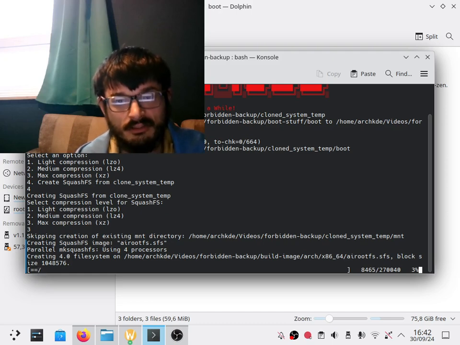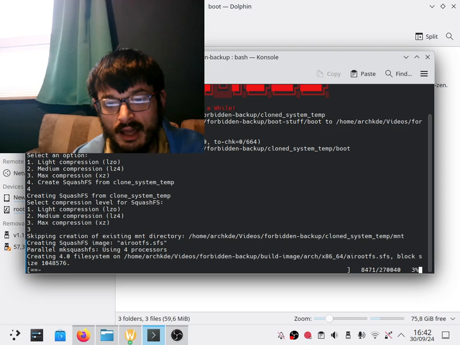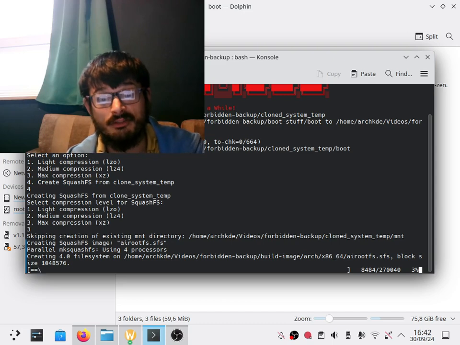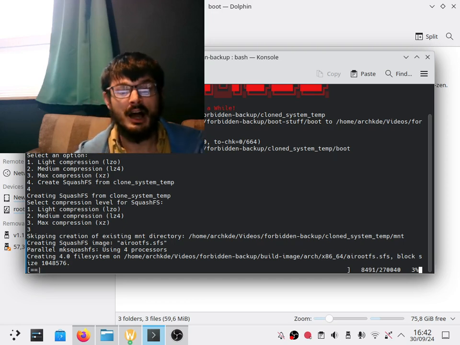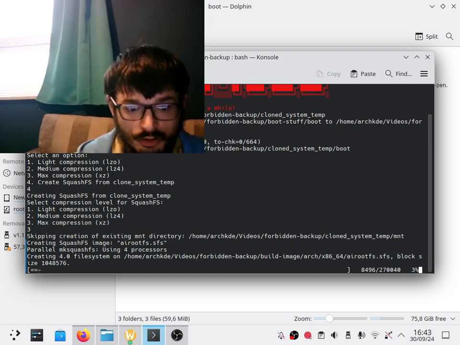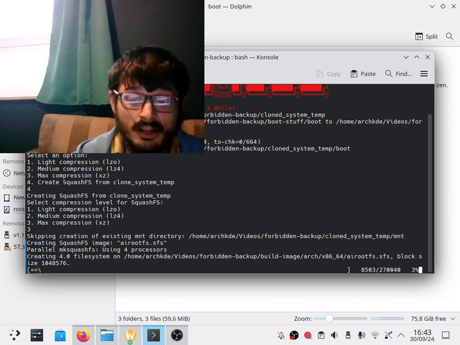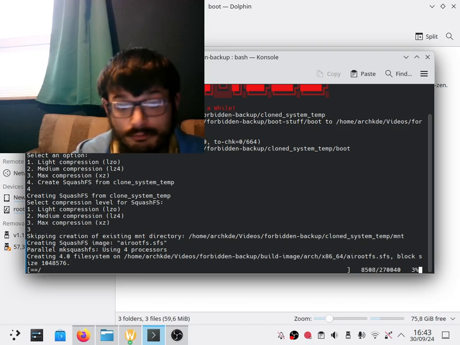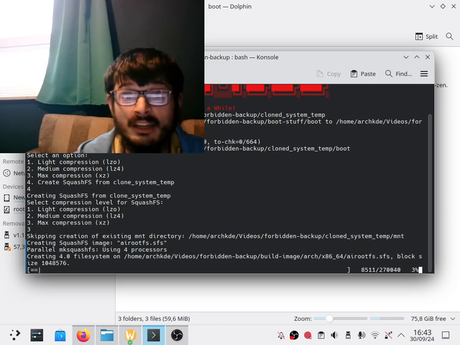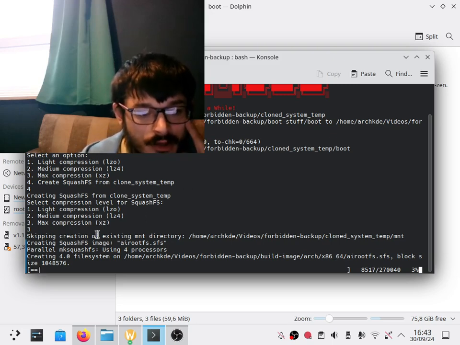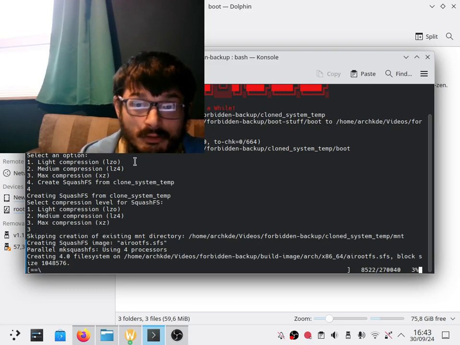So I wouldn't suggest compressing these files, since we have to have an exclusions list and a specific command, so that all of the permissions, the symlinks, there's no duplicates of the file and everything else when you're actually putting it into a folder, and also when you're creating a Squash FS. If you didn't do it with this method, then you would break all of the system files, the symlinks and everything else, and it just wouldn't boot, and of course you would have half your files working, if not none of them. So anyway, we've got a new option, so you can make a clone system folder, and then you can,